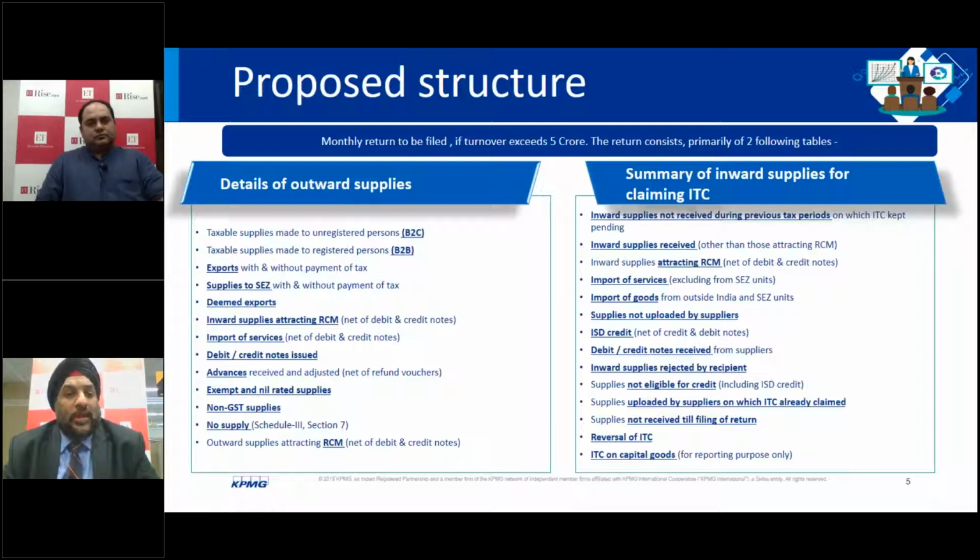So looking at the outward supply details, it's no different from what we have today. Only difference is that it's slightly simpler. So we would have to fill the details of B2C supplies, which is business to consumer, then business to business, exports with or without payment of tax, supplies to SEZ, deemed exports, import of services, and so on and so forth. Similarly, on the inward side,